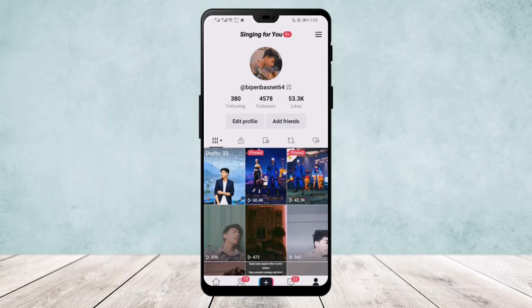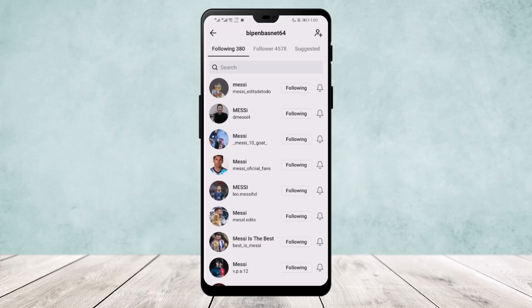Now tap on the following on the screen and it will take you to the list of accounts that you have followed. Now to unfollow them, tap on the following option that you can see on the right hand side of your screen. Once you tap it, you will no longer follow the person and it will show follow option